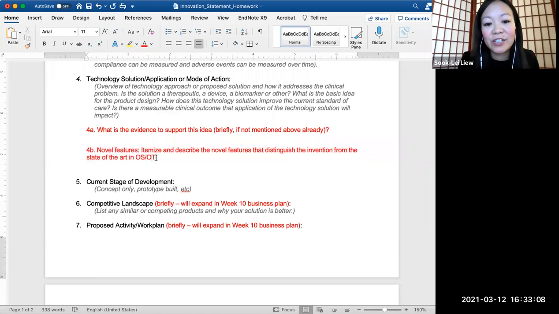Then you'll do the novel features. And this is an item that actually comes from the Stevens form. So you'll have your description and then you'll have to itemize the novel features of your project description. So what's novel about this that distinguishes the invention from the state of the art? In this case, I added in OSOT since it is an OSOT class,